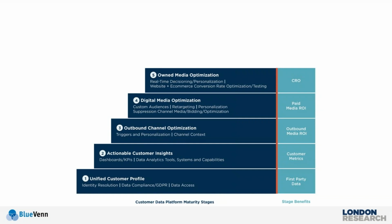So that means that when I've searched a product in my web store, that's reflected in the content I consume on the website and that's recommended to me. Similarly, the videos that I viewed on the Content Hub could influence the search rankings or the recommended products on the web store. So we've got a very joined up approach across our owned media optimization. Again, a very well proven tactic to exploit increased ROI. We've seen a lot of the experience platforms go down that route and prove the benefits of this approach. And it's a classic conversion rate optimization technique: A/B testing, multivariate testing, and really working the data hard to deliver